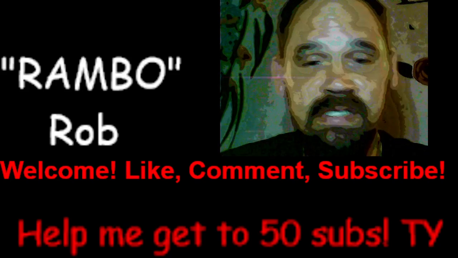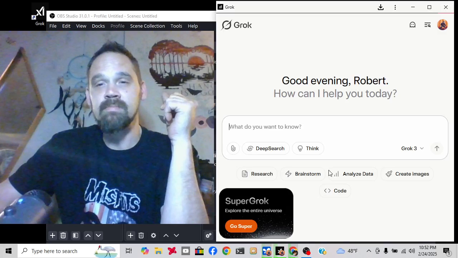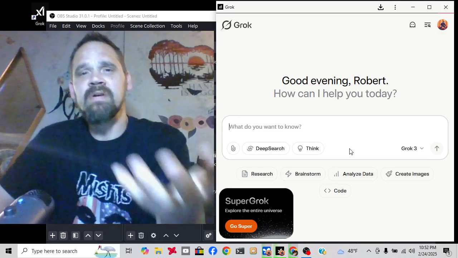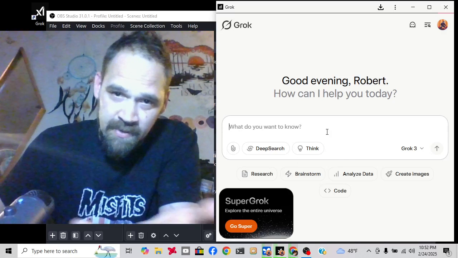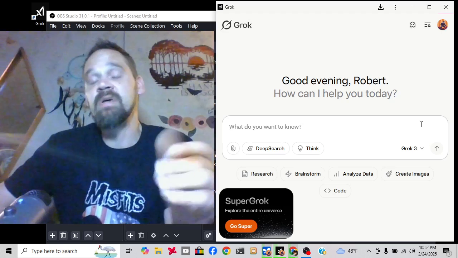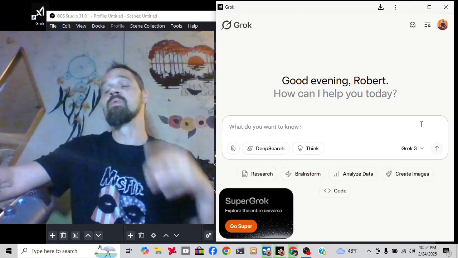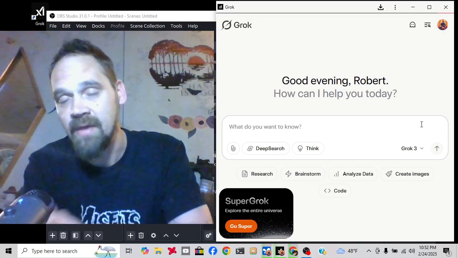So with that said, let's get to it. Here is Grok. This is the interface you're going to see when you're dealing with Grok. It's going to have your prompt window where you input your text. And the best way to explain that for a beginner is, before, in order to build a program or a piece of software, you needed to know that language.